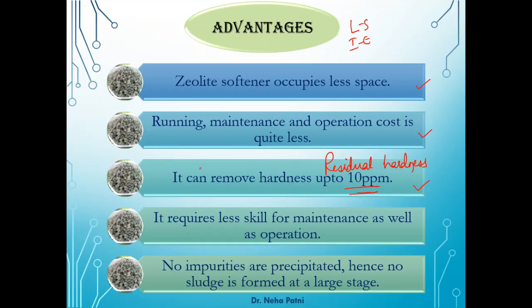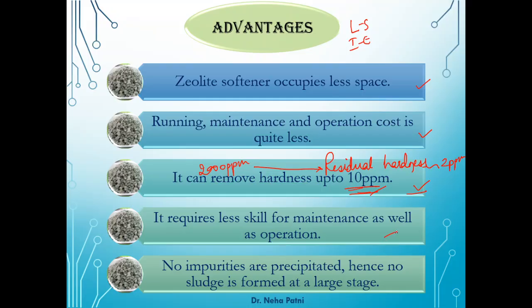So let's say if the hard water is around 2000 ppm hard, it will be reduced to around 10 ppm. So it is not going to nullify it, it is not going to give 0 ppm residual hardness, but some amount of hardness would be left, and that is residual hardness. You may take it as a disadvantage in comparison to ion exchange, because there the residual hardness is around 2 ppm. But you can take it as an advantage in comparison to lime soda, because there the residual hardness varies from 15 ppm to 60 ppm. So basically it is variable.